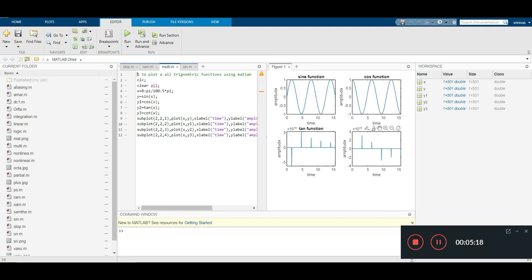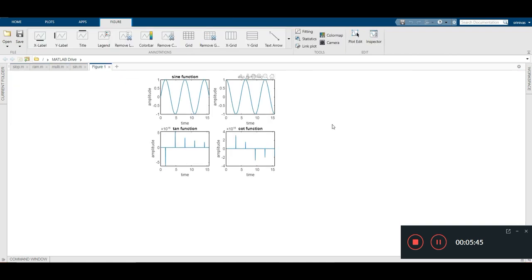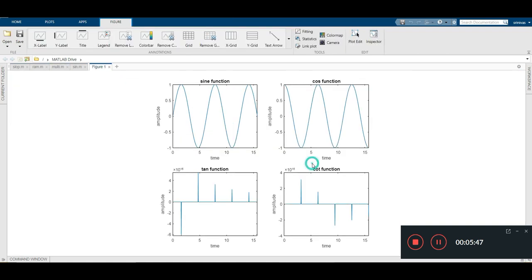Here you can see this is the sine function, which starts at the origin at 0 and has its maximum value of one at pi by 2. The cos function has its maximum at the origin, and at the remaining places it will be lower. It means that at pi by 2 it is at its minimum value, and you can find that tan is the opposite quadrant. If I minimize this and maximize this one, we can clearly observe that this is the sine function, this is the cos function, this is the tan function, this is the cot function.